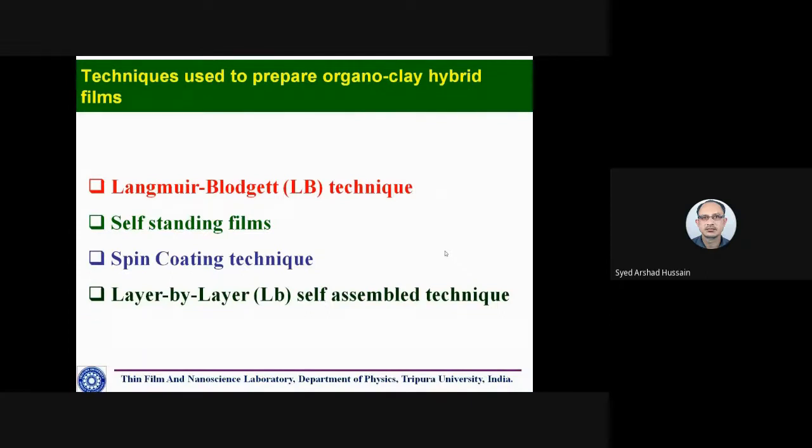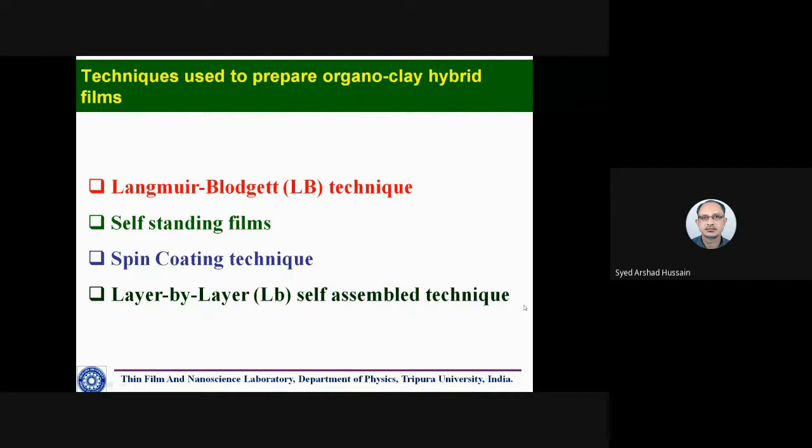How do you prepare your organoclay hybrid films? We take help of different techniques, because these thin films are of the order of nano to micro dimensions, and you need special care, special technique to prepare them. You cannot prepare them with your hand. It's not possible. So we use sophisticated techniques like the Langmuir-Blodgett technique, self-standing films, spin coating technique, layer by layer